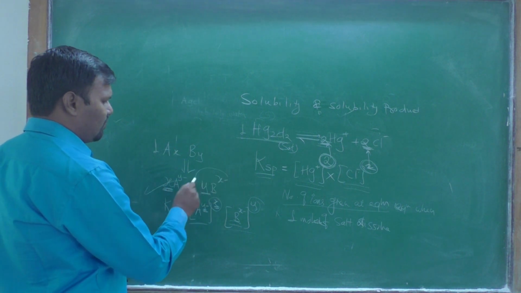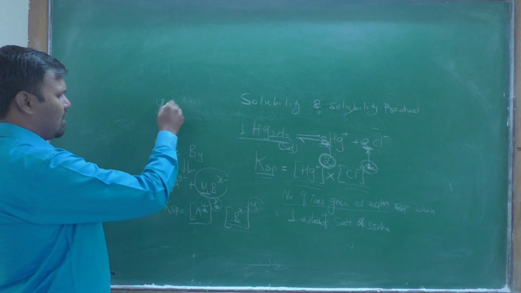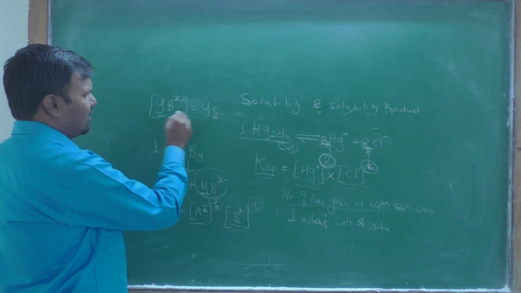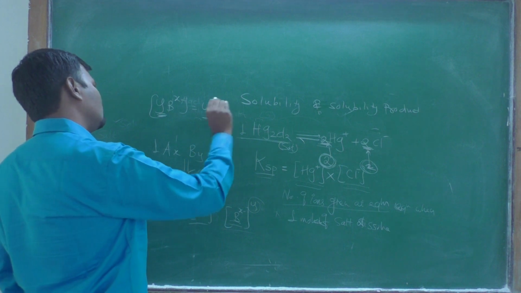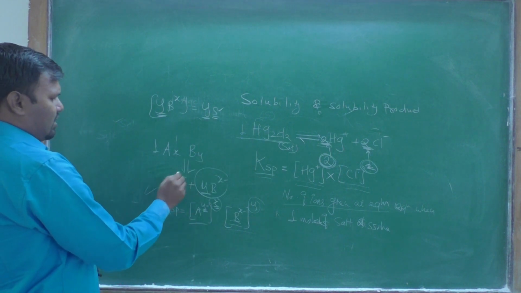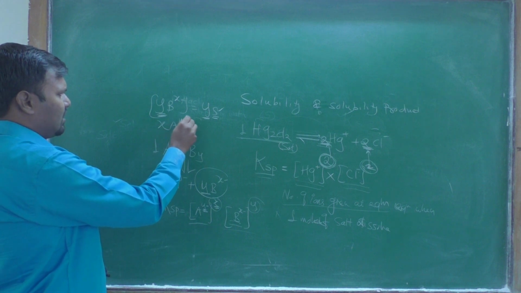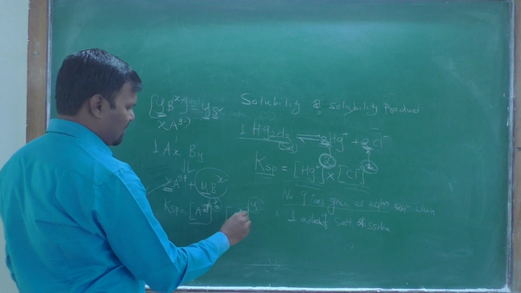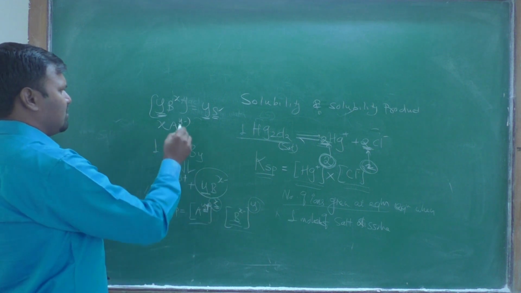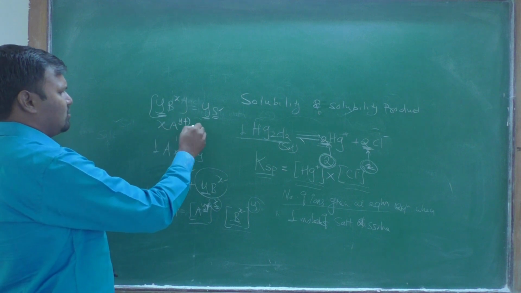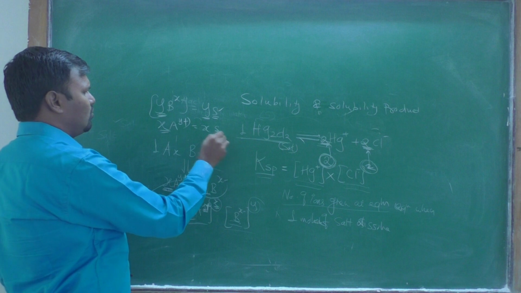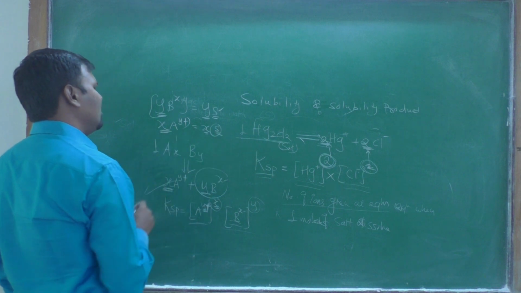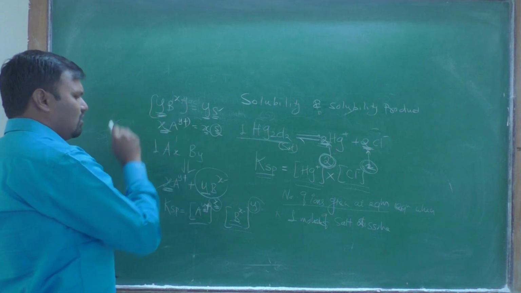For the solubility of AxBy, the solubility is given as S. For the ion A with charge y+, it is x times its solubility; one sign is a plus and one is a minus. The solubility of A is the number of moles, or number of ions, times the solubility. Total solubility is given as x into S.